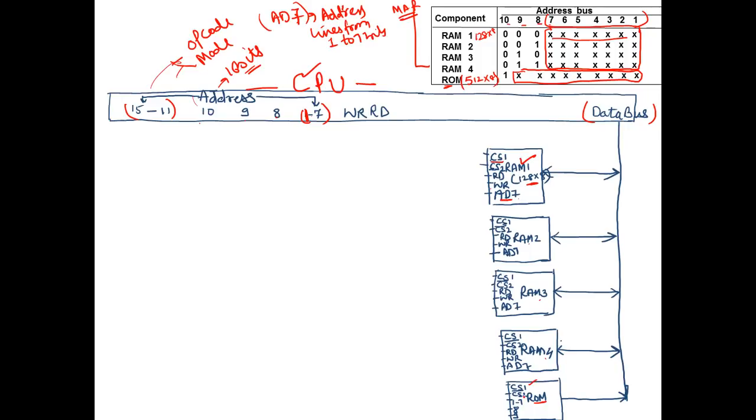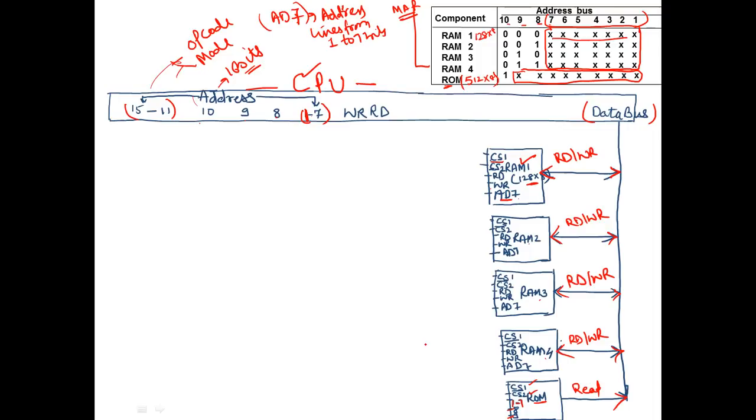The ROM consists of the chip selects CS1 and CS2 complement. Then there is the address line from 1 to 7, then the 8th and 9th address lines. And this data bus is carrying the data. If you can see here, the RAM is bidirectional, but the ROM is only unidirectional, because in the ROM we can only perform read. In the RAM we can perform both read and write, which is why it is bidirectional in nature.